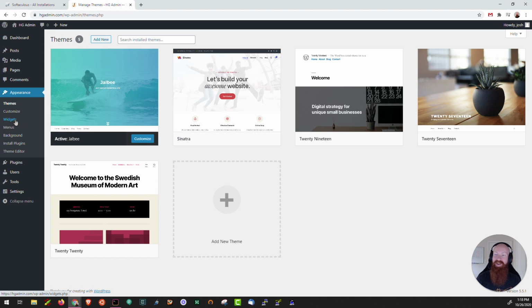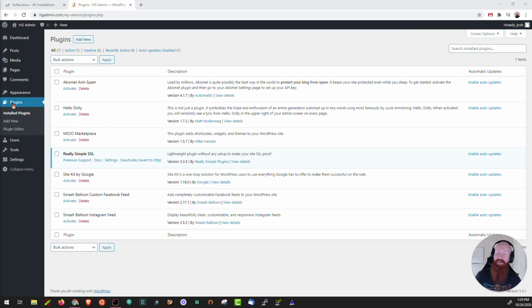In this section, you can also add new widgets, menus, backgrounds, and you can also install plugins from this section as well, but the next portion that I'm going to take you to is the plugins page. Now, plugins are probably one of the coolest features of WordPress, and they allow you to do anything that you really want to on your site, depending on exactly what plugin you install. Anything from a contact form to activating an SSL, to essentially changing and customizing the way your site looks and feels. You can do that normally through a plugin.